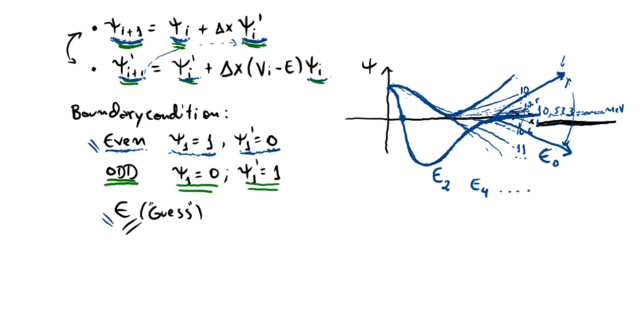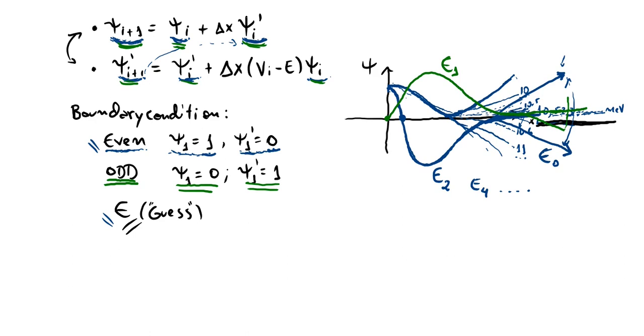But now for odd solutions, if you do that, you will find something that starts like this, and then it goes down, and then you see that at some point it will diverge negatively. Then you increase the energy until you find something very accurate that converges, and this is going to be your E1. Now you go on and on with this thing, it will diverge up,